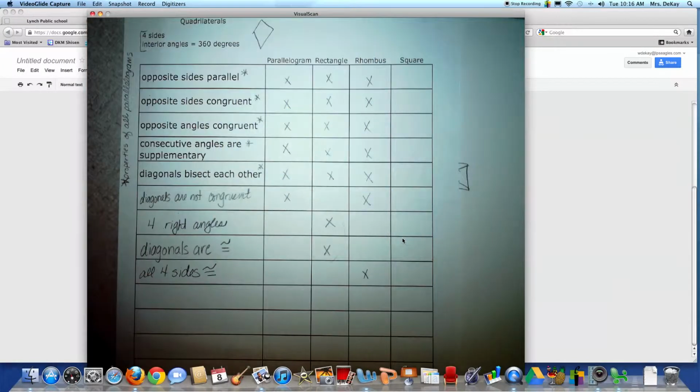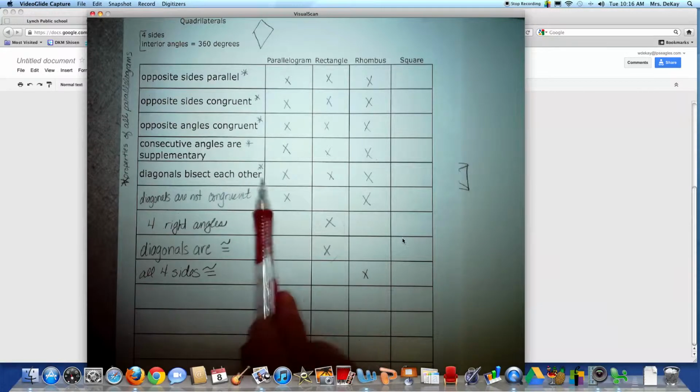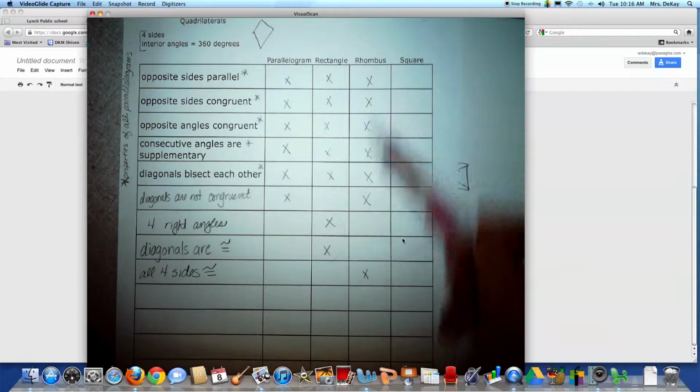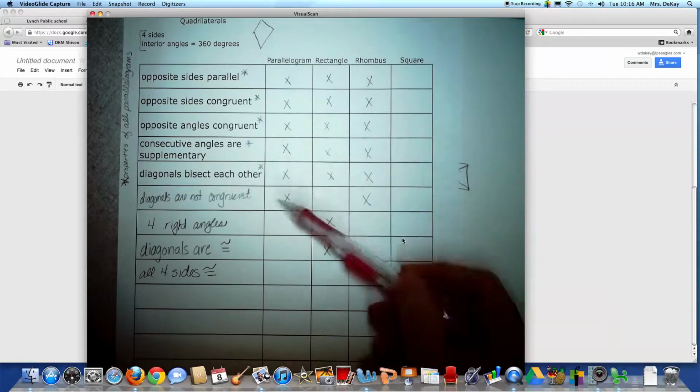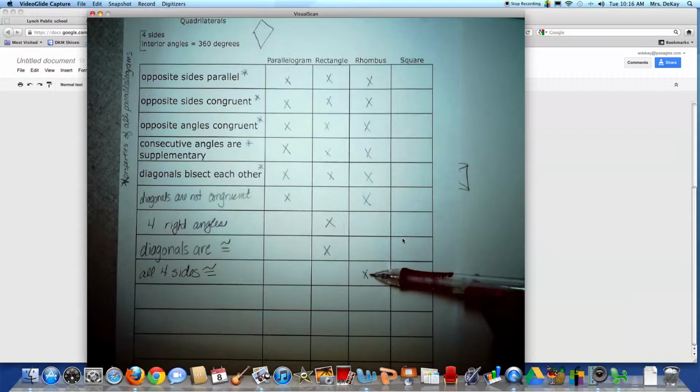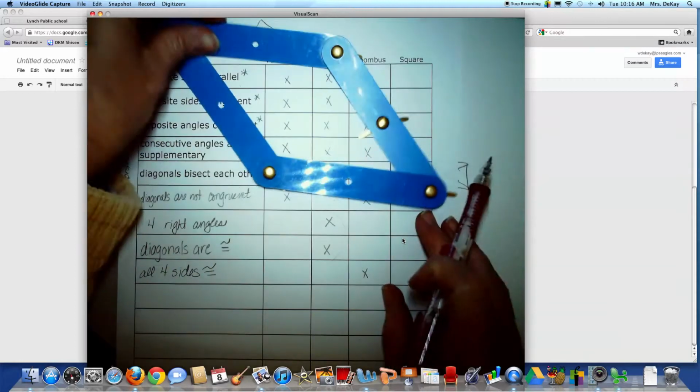So, a rhombus is a parallelogram because all of these 5 qualities are matched here. A rhombus is a parallelogram with this special property. Okay? Now, there are extra special things that happen in